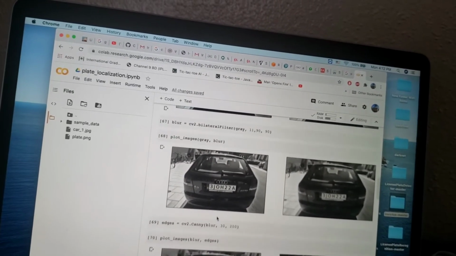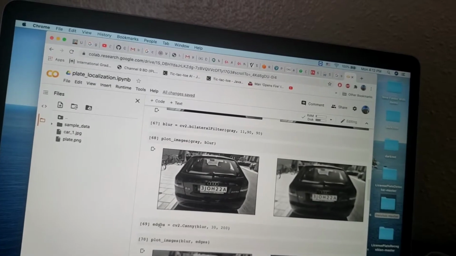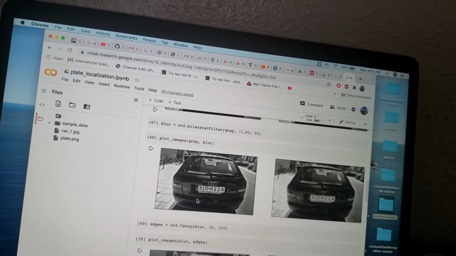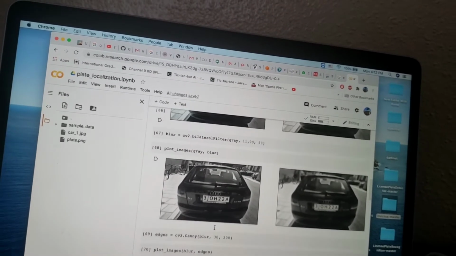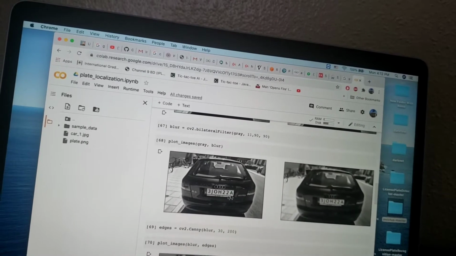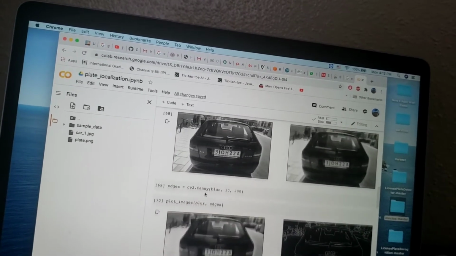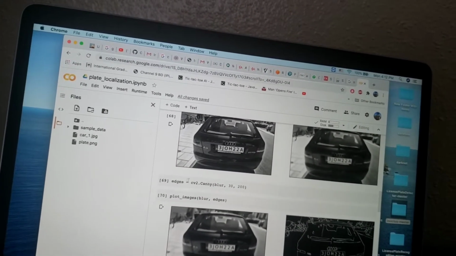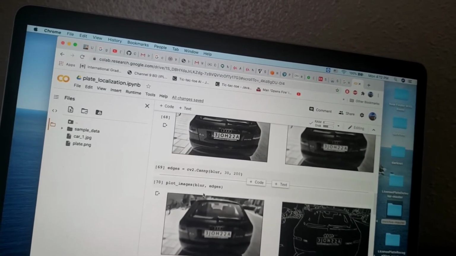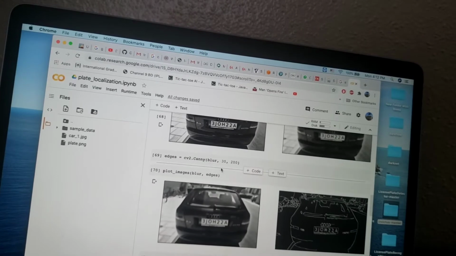After blurring the image, we use cv2.Canny, basically taking thresholds of 30 to 200. Edge to edge, we are basically blurring this edge.